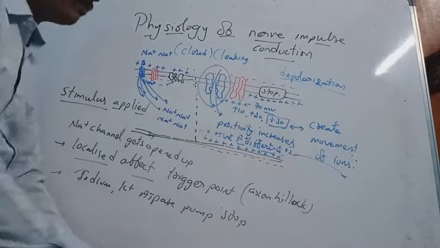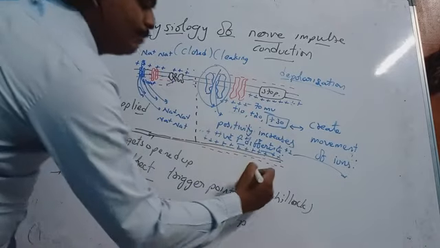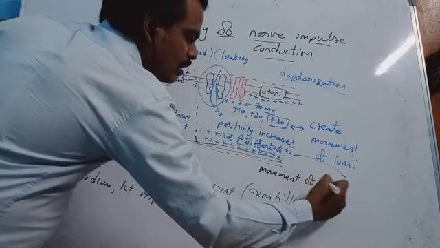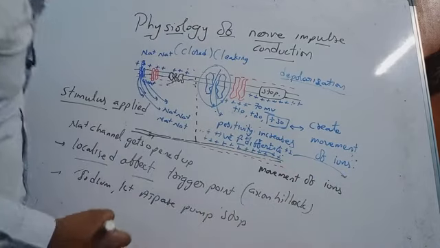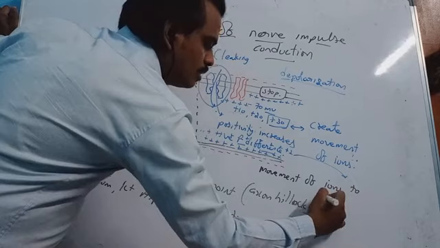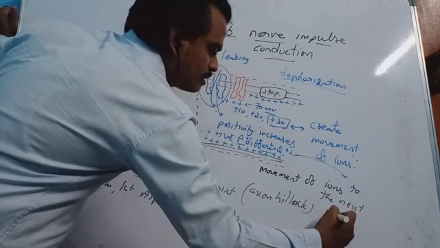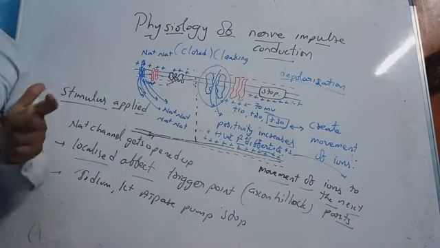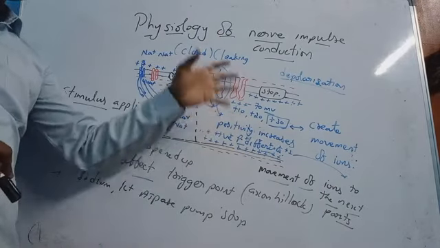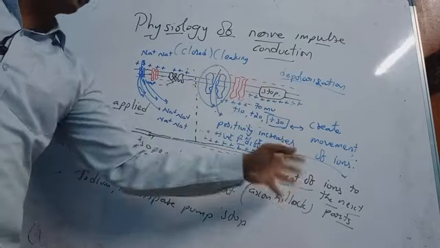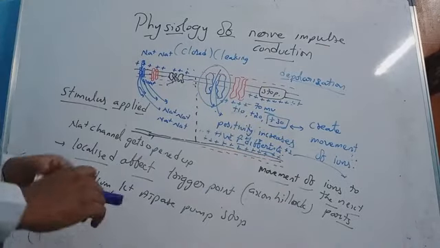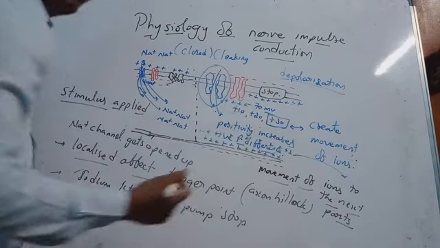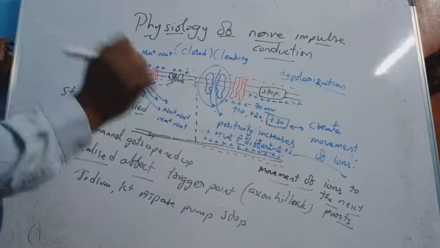Now if you observe, nerve impulse is simply the movement of ions to the next parts. Okay, so that is called as nerve impulse. So the capacity of the ions to move from one place to another place is called as nerve impulse. But the main point here is, what do you call this potential which can create this movement? That is called as action potential.